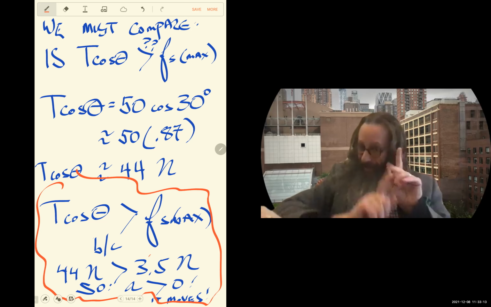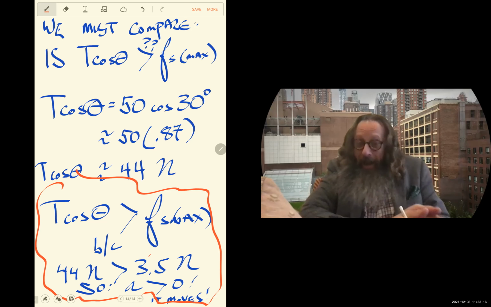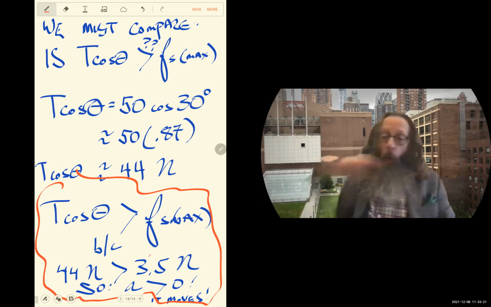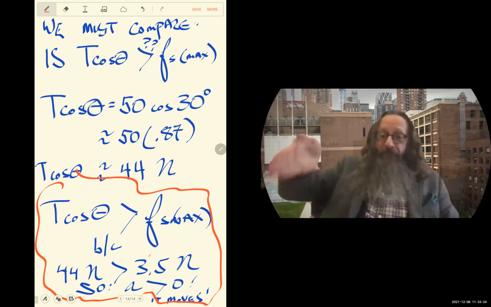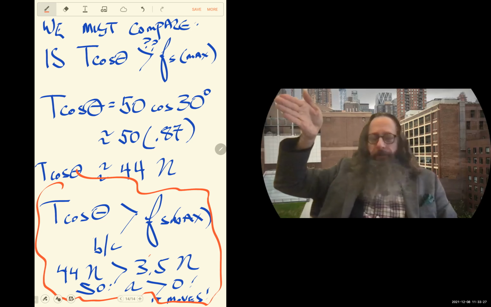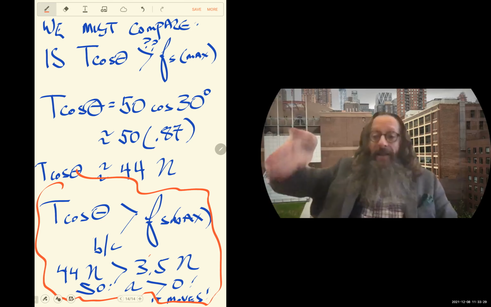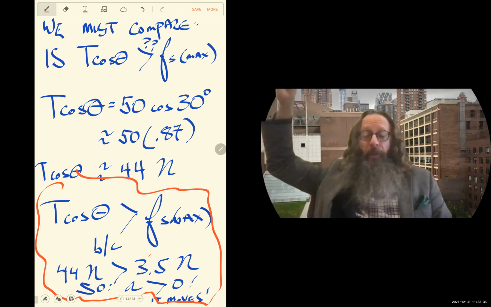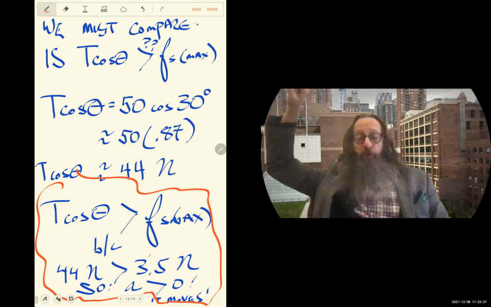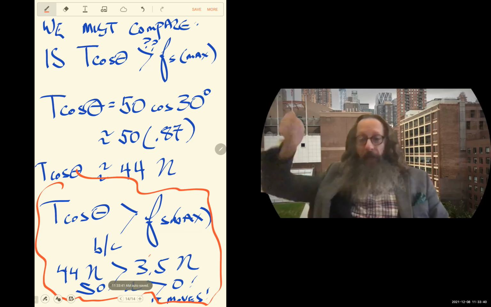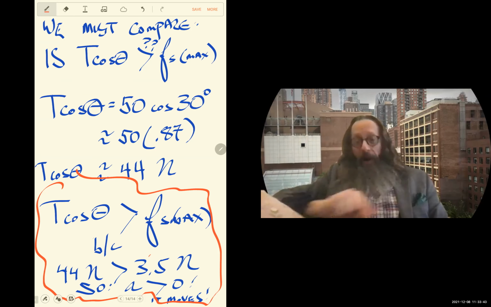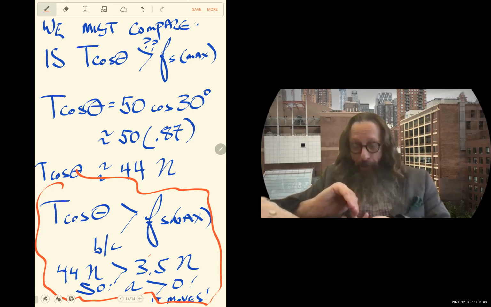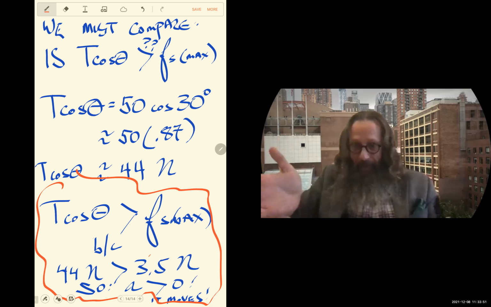Let me say that again. In effect, not in arithmetic, but in vectors in two dimensions, 44 plus 25 equals 50. If you pulled at an angle of 30 degrees with 50 newtons of force, that means 25 of your newtons went into pulling up and 44 of your newtons went into pulling over. Each one is a fraction of 50. The two add together, not arithmetically, but Pythagoreically, if that makes any sense.